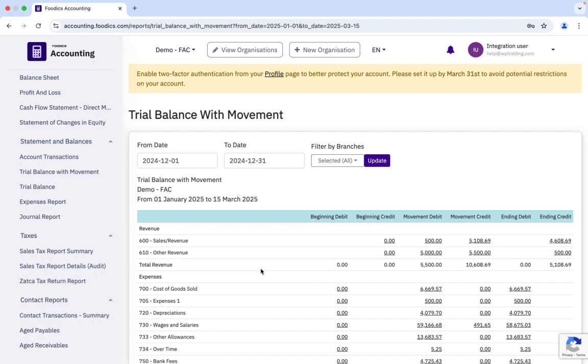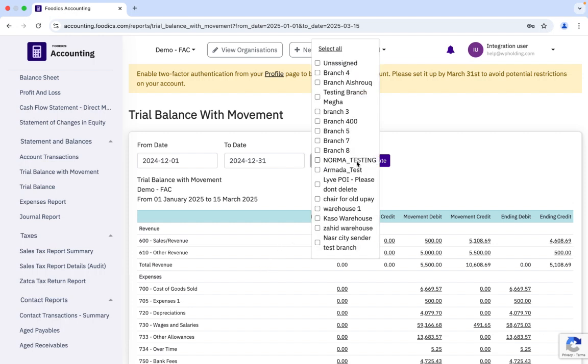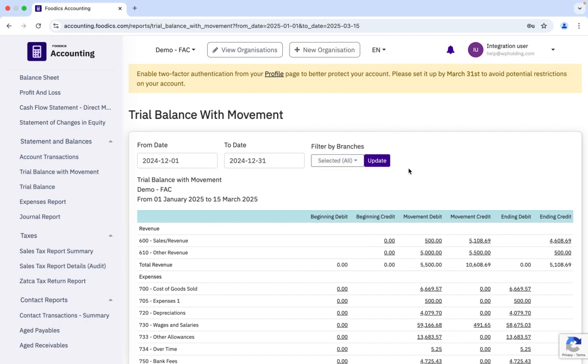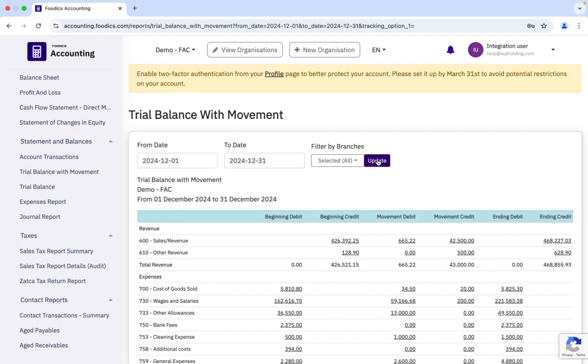So we have the filter by branches option. We're selecting all, and we can update. Yeah. So as we can see,